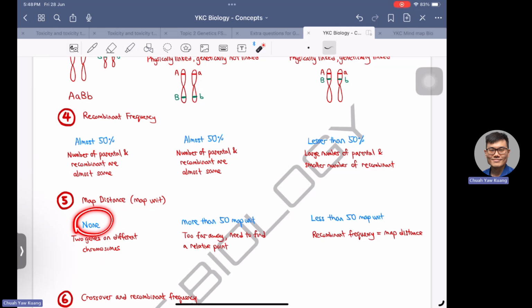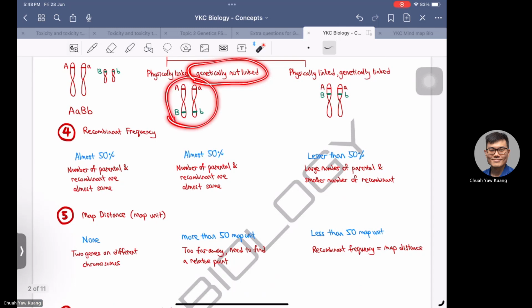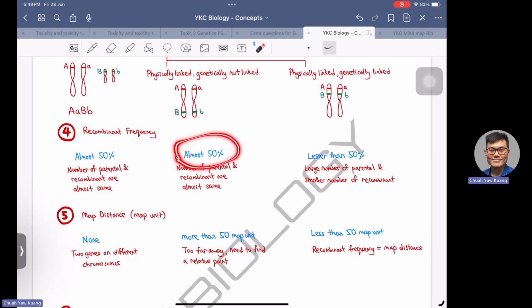So that's why there's no map distance, even though you will see the recombinant frequency is almost 50%. They don't have the map distance. While for those genetically not linked genes, so those linked genes, but genetically not linked, they are too far away. For this type, although their recombinant frequency is almost 50% or 50%, when we calculate their map